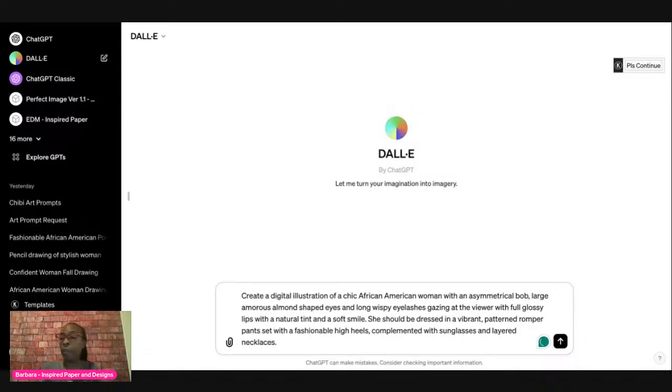And again, for those of you that may have joined or may join later, we are using a fillable template in order to create a prompt that we have in DALL-E, and we're going to see what type of image it's going to create. But all of this is based on a fillable prompt that I have listed, or similar to the one I have listed in my prompt guide.